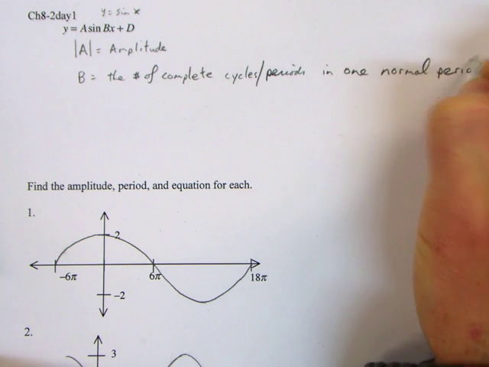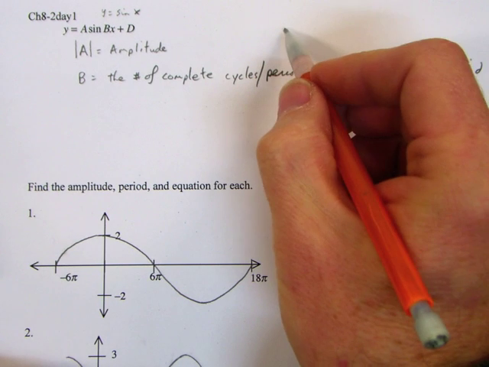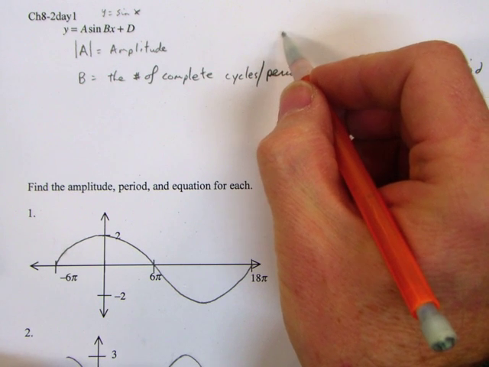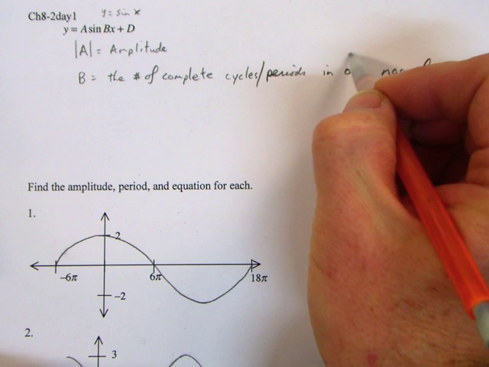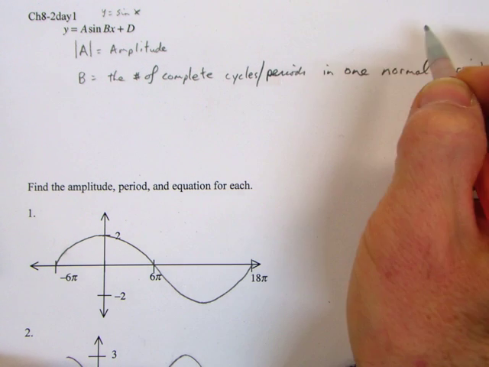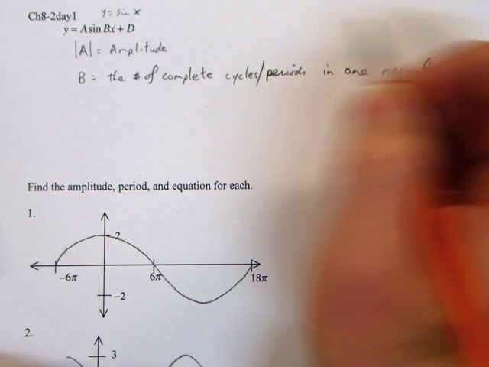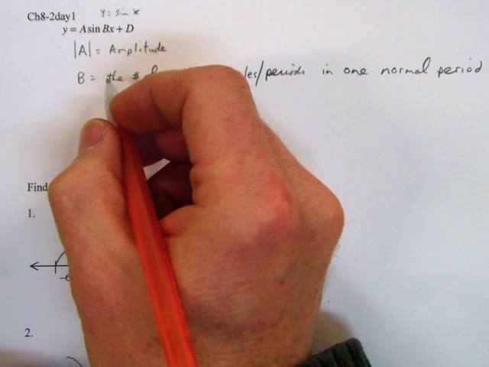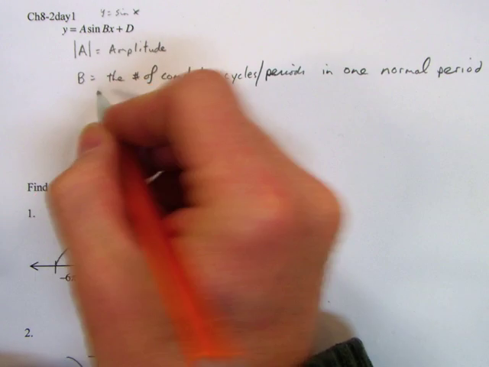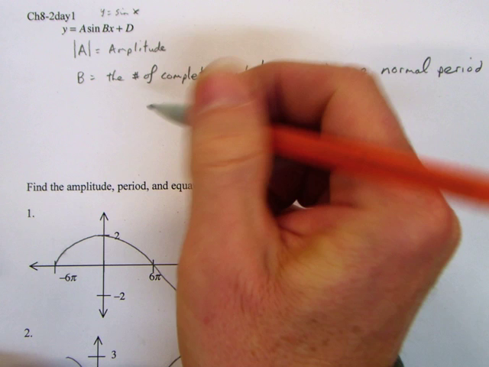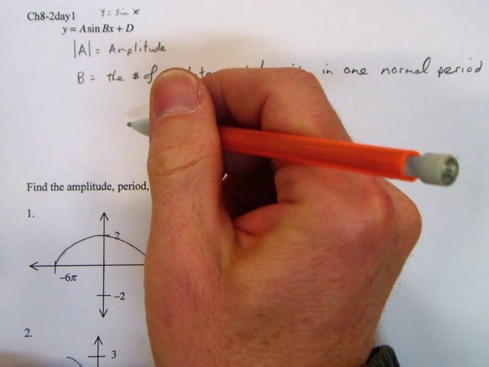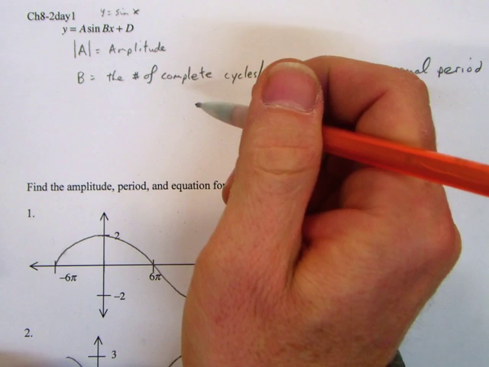So if it said, for example, sine of 2x, that would be 2 complete periods in 0 to 2 pi. And that's going to allow us to solve and find out what either the period is or b is,